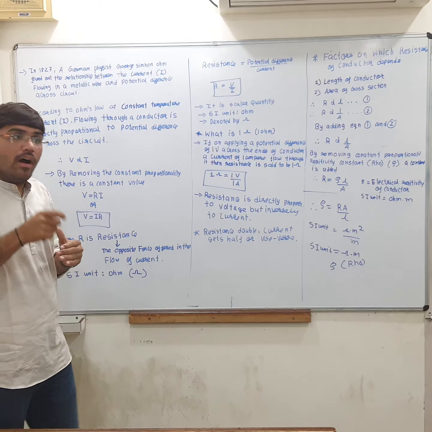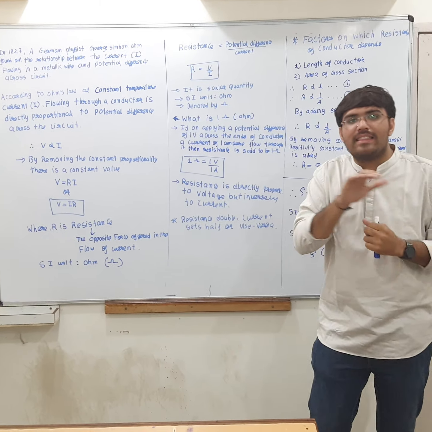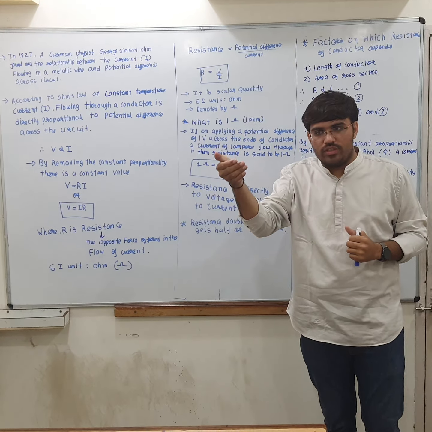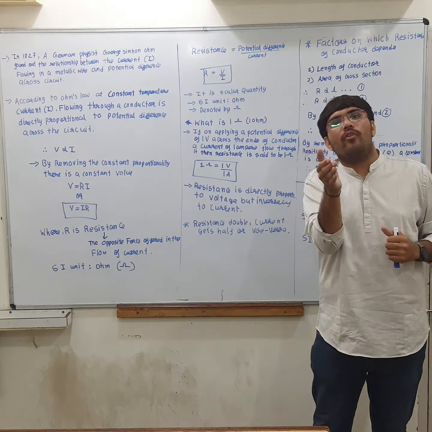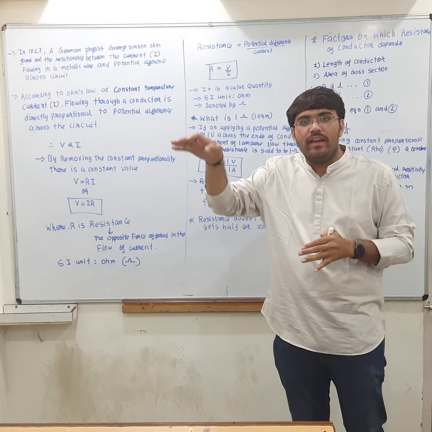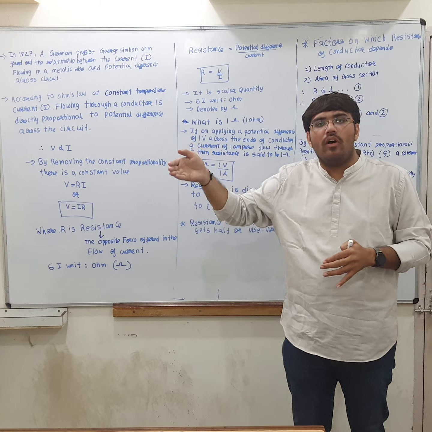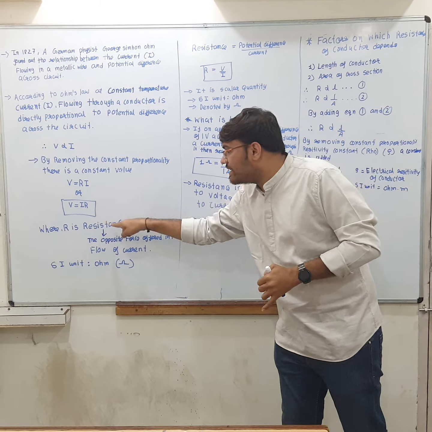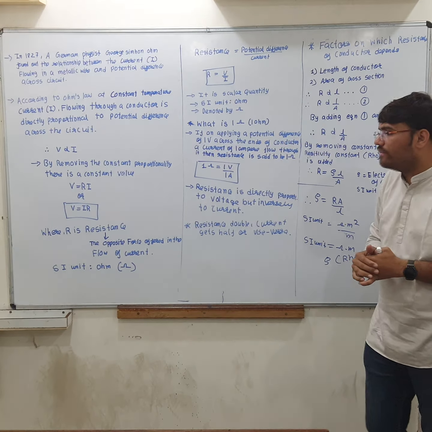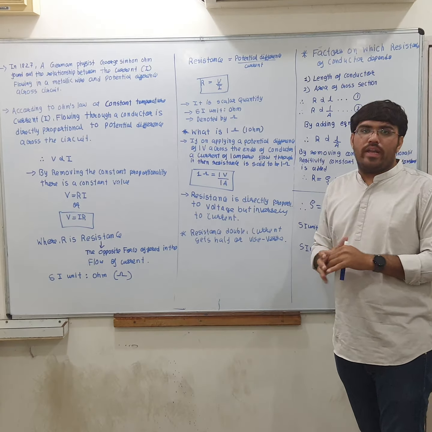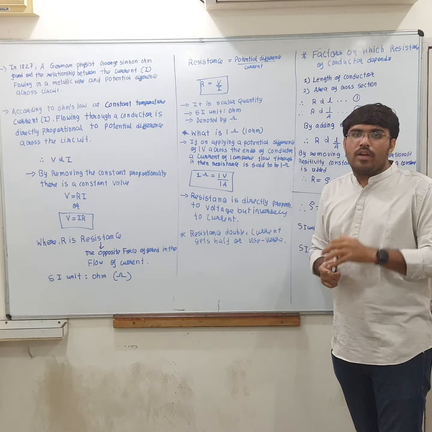Now what is resistance? Resistance is nothing but an opposing force. Like we studied in force, when something opposes a force, the force gets retarded. Similarly, here there is a resistance which retards the flow of the electric current. So R is the resistance, the opposing force offered to the flow of current. What will its unit be? Because the resistance was discovered by Ohm, the unit is named ohm, OHM, and its symbol is this. Resistance is the potential difference upon the current. R is V by I.